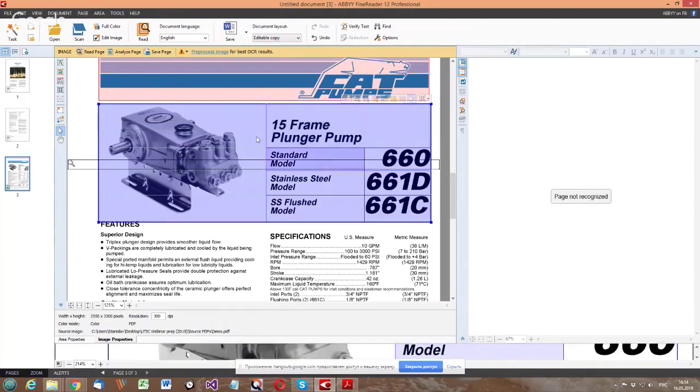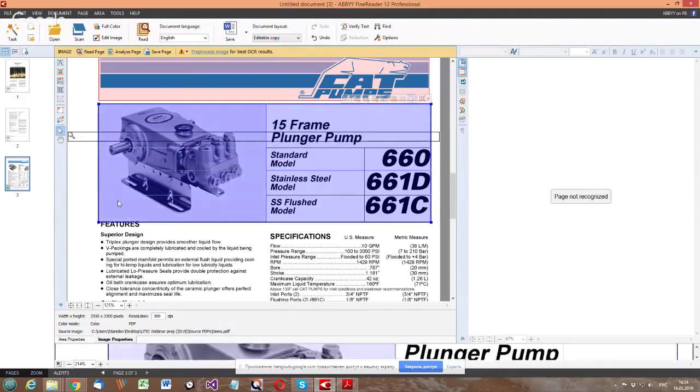So I've done it. By default, each cell will be recognized as text. And in the first column, I have a picture. So what should I do? I need to mark the first merged cell as an image cell. I select the cell, go to Area Properties at the bottom, and I check the box called Treat Selected Cells as Picture.